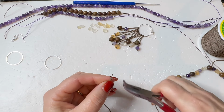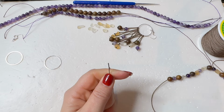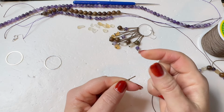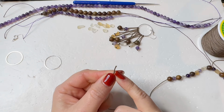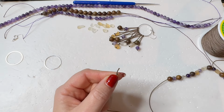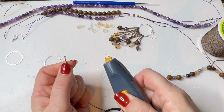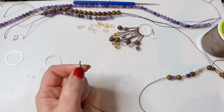Now if you want to just make sure that's nice and tight, you can grab it and give it a bit of a pull as well. We are going to finish the ends off. You can either cut it short and dab a little bit of glue, or I will be using my thread zapper, which is a tool that cuts thread, and you'll see it there, it gets hot. You can see it's just glowing red there, and you can finish your ends,